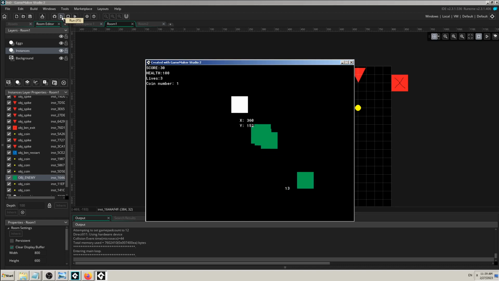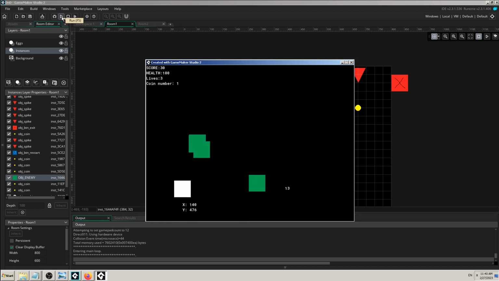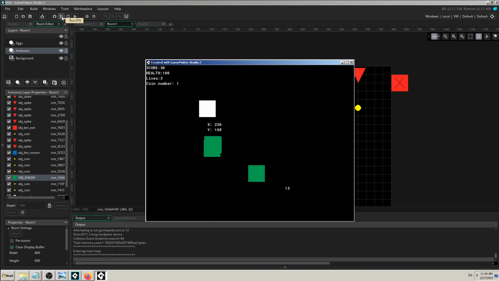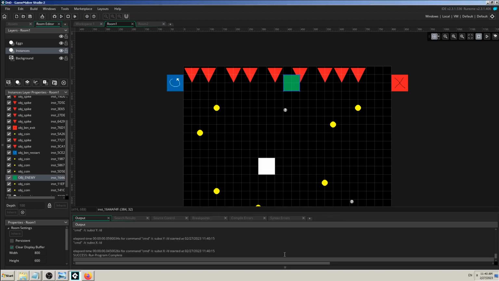And he says, okay, this is the first level. It doesn't make much sense to me to have all of those zombies right at the start. From the start it will be too difficult for the player to survive. I want you to code the game so that